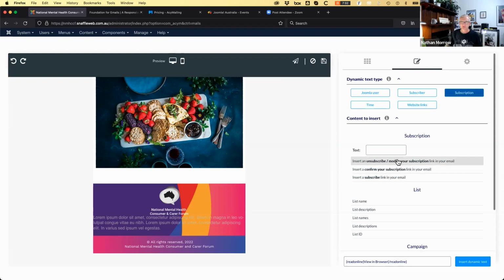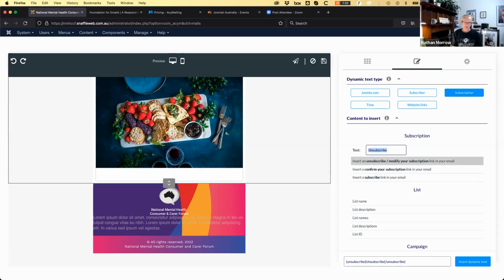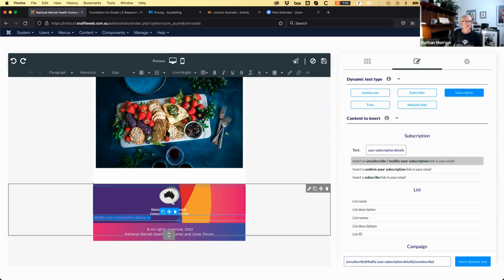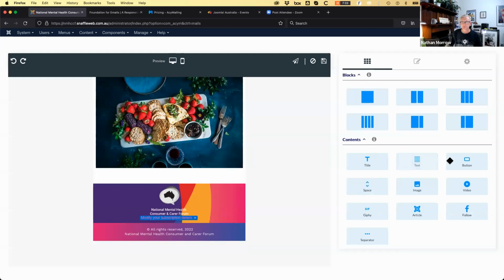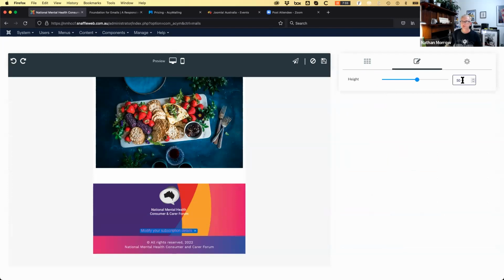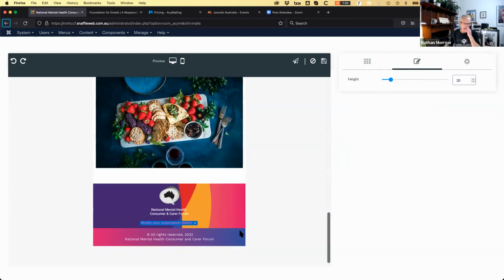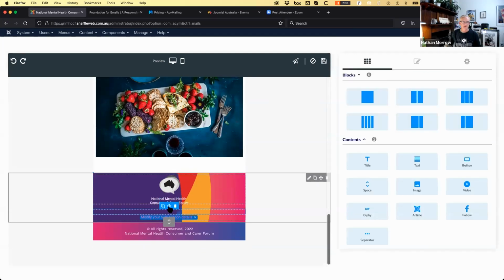We'll also add in a modify or unsubscribe link, which I want. Probably need a little bit of spacing around that as well. Not that much. Maybe down to 20. I'll just duplicate it.